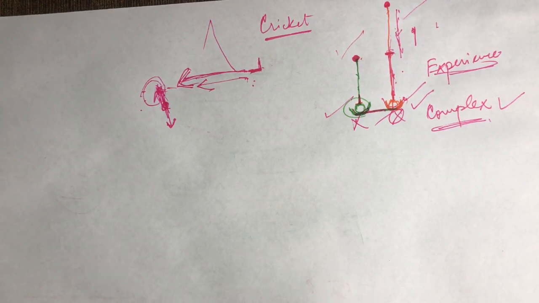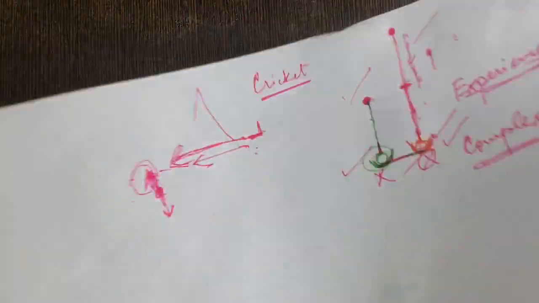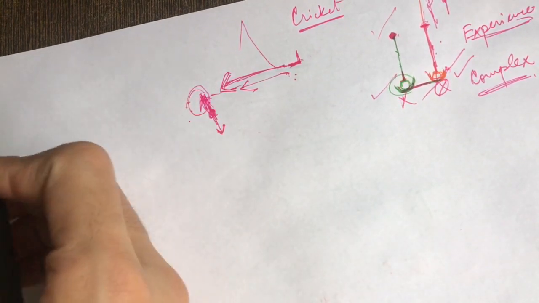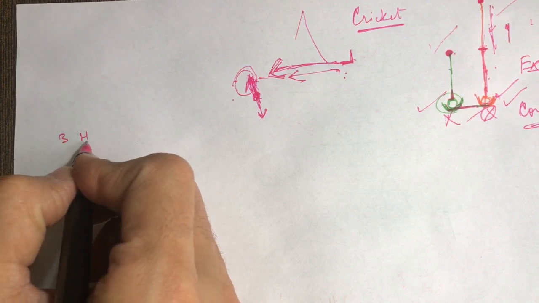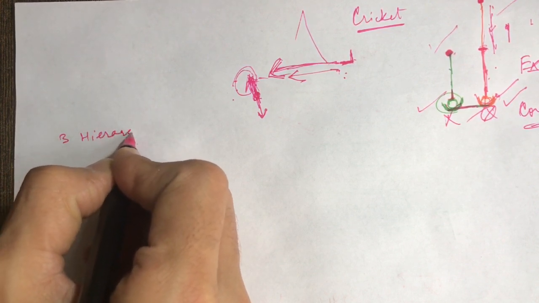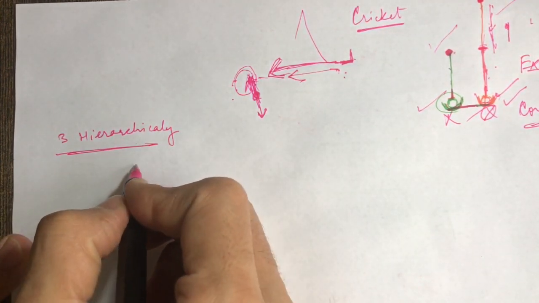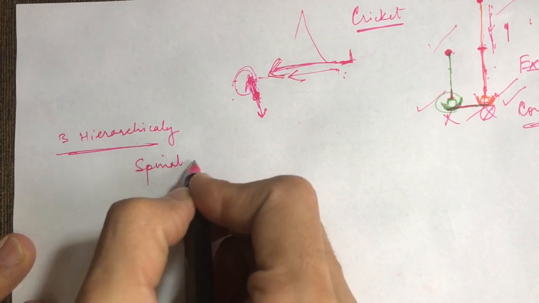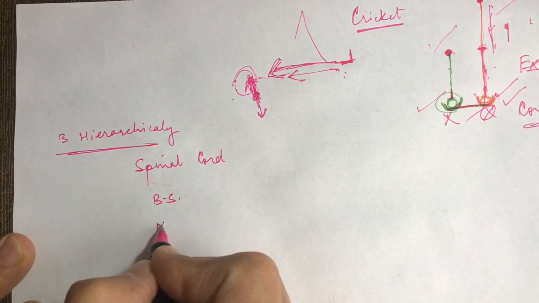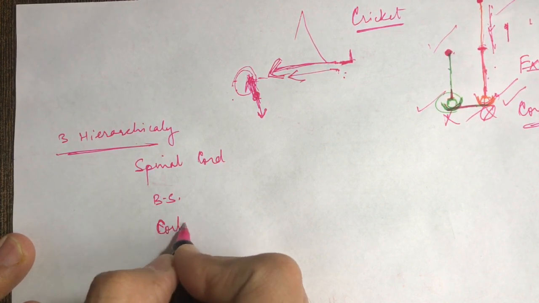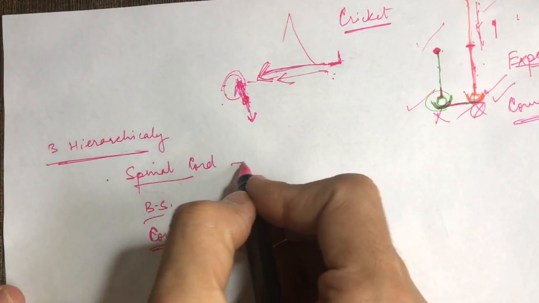Now, as a starting point, I said there are three hierarchical involved regions. The lowermost was the spinal cord, the second one brainstem, and the third one is cortex. Okay, we won't say motor cortex, just cortex. So everybody knows the spinal cord is the lowest level,